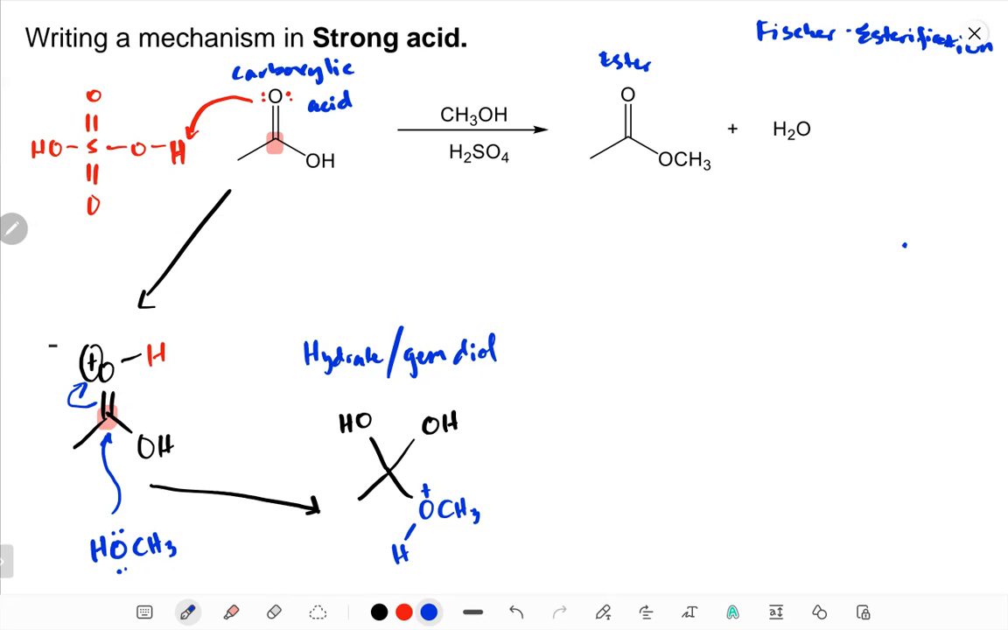And what's going to happen next is that, before the decomposition of this gem diol, remember that there is a bisulfate ion that will be formed during the first step because of this proton abstraction. So this H2SO4 will be converted into its conjugate base, which is a bisulfate. And this bisulfate ion here, if I write the bisulfate in this form,